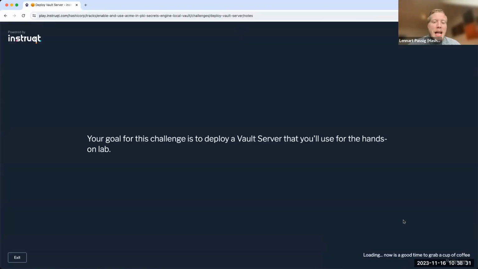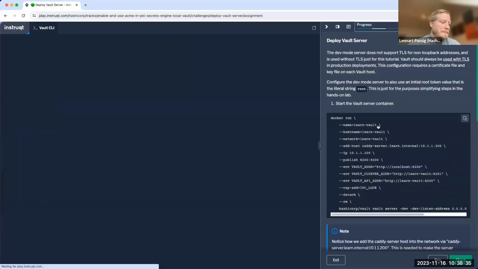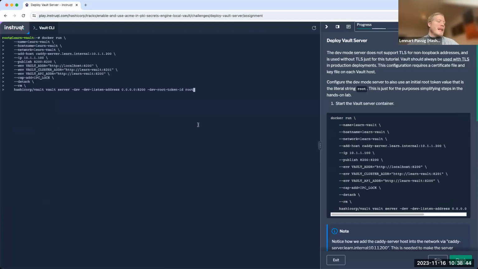And now let's go ahead and enable a couple of other things, especially when it comes to Vault. So what we need to do initially is go ahead and deploy Vault. What is crucial to know is something that you can see right here.